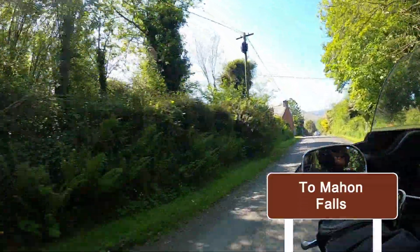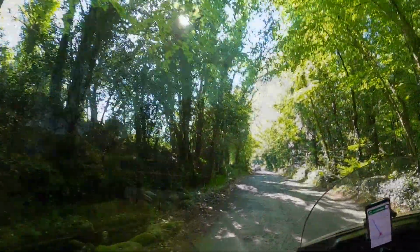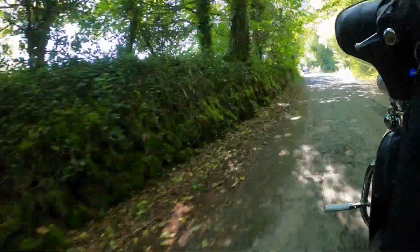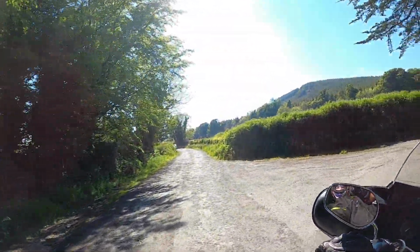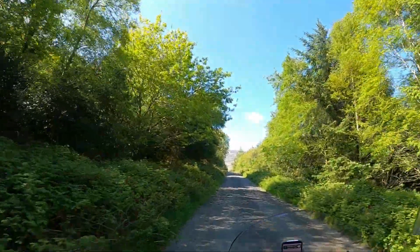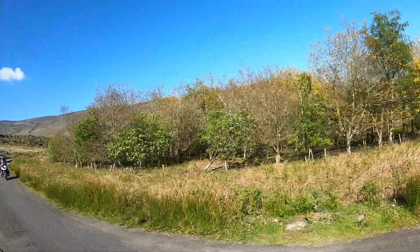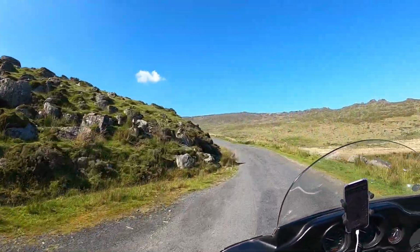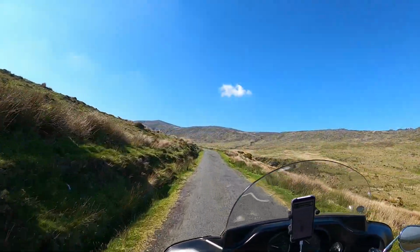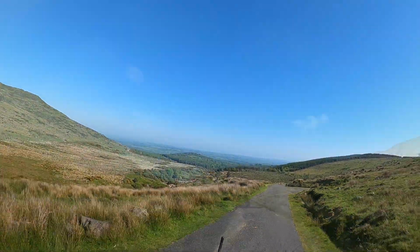You can see there we're getting closer to the mountains. As I was saying earlier on in the morning, we went through Mahon, which is the bottom of the river, and now we're heading up to the actual waterfalls itself. And Mahon Falls, lovely day out, actually, lovely walk. We've been up in the Mahon Falls before, and it's an 80-metre waterfall, which by Irish standards is quite a nice waterfall. Obviously in other countries you have much better waterfalls, but as Irish waterfalls go, this is an impressive waterfall, especially if you're down there in the springtime after the winter where there's been plenty of rain and there's loads of water in it. You see plenty of powerful waterfall coming down there. In the summer months it can be a little bit drier, but